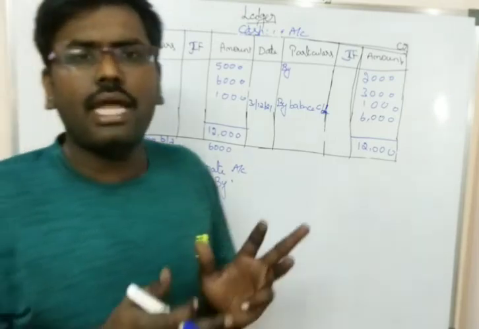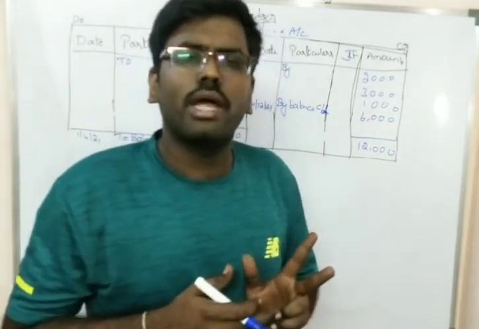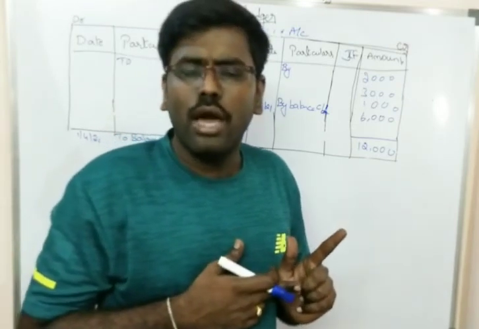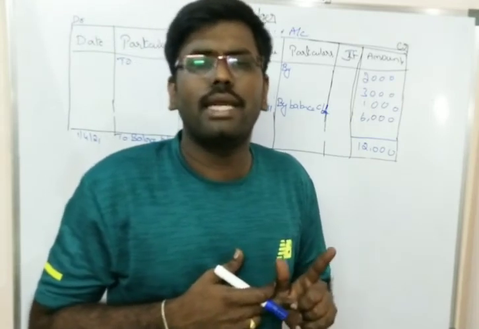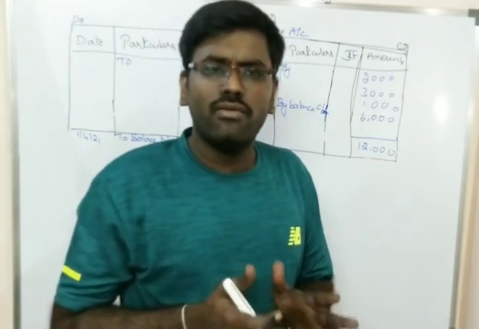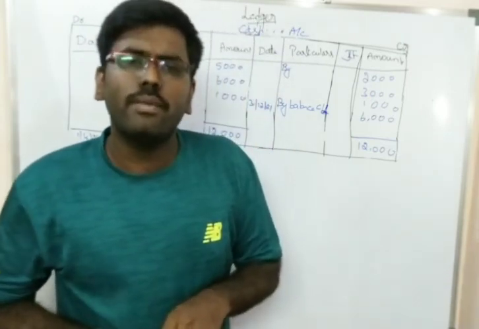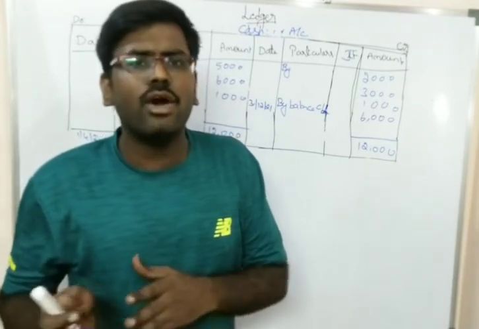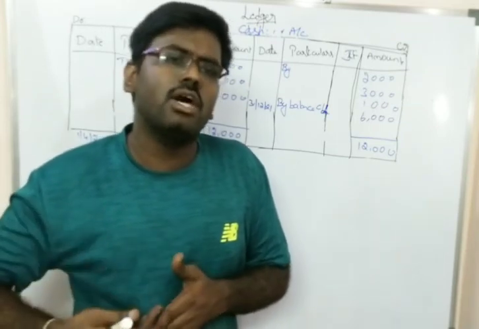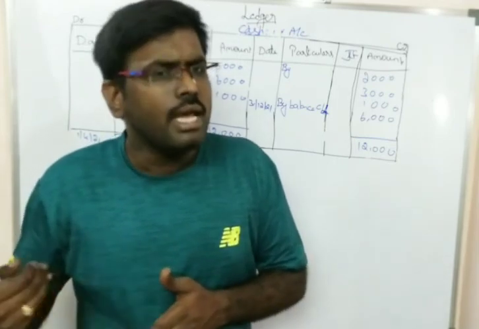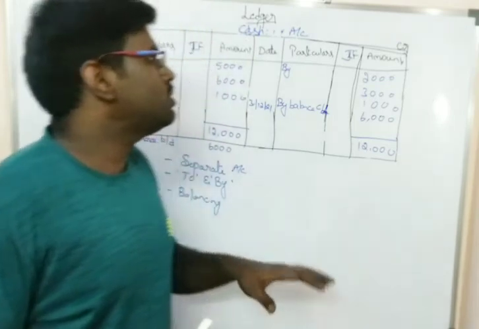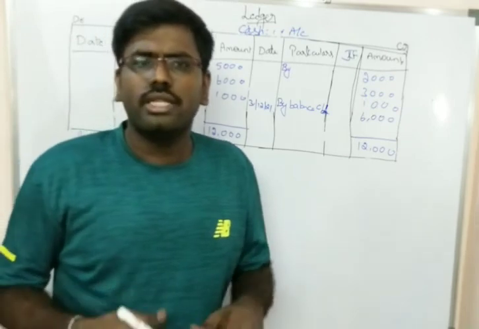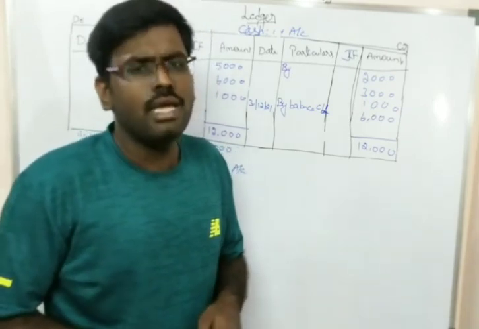That means a separate account should be maintained, and you should write "To" and "By" as the prefixes in the accounts, and you should balance the account. Both debit and credit balances should be equal. If they are not equal, then we make the balance by writing the difference amount as the carried down amount at the end of the time period, and the same carried down amount will be taken as the brought down amount for the next time period. So this is all regarding the ledger and the format of the ledger accounts. In the next video we will see how to prepare the ledger accounts.